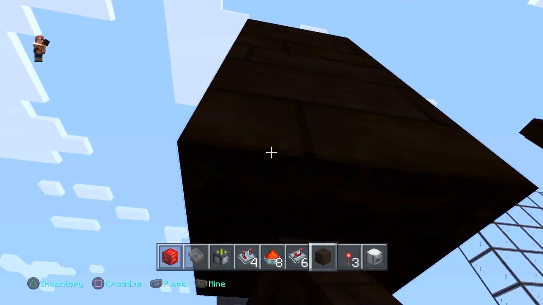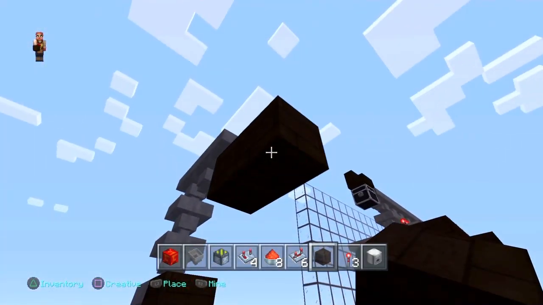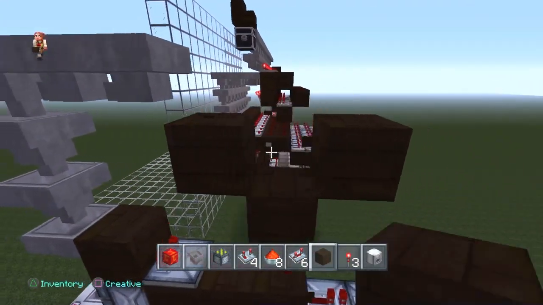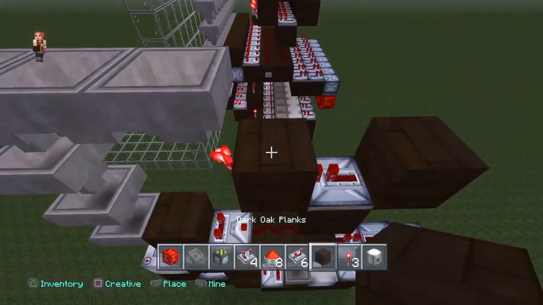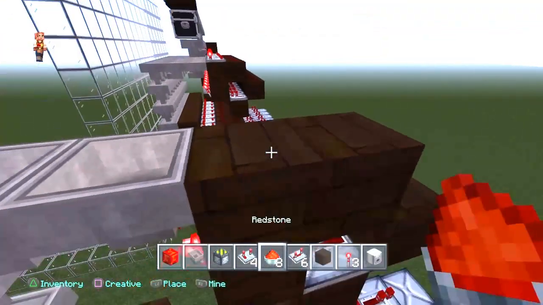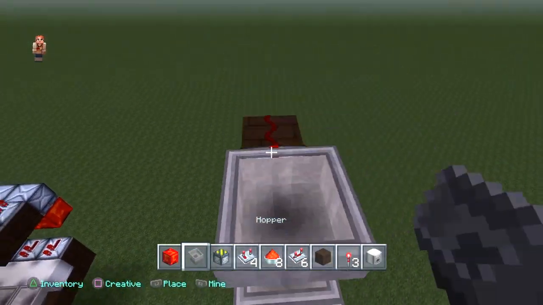So we're gonna go ahead and come down a block like so, and we're gonna come down a block here and out a block there, and you can break this block. We're gonna put a redstone torch, a repeater, block, redstone dust, comparator, piston into a comparator,